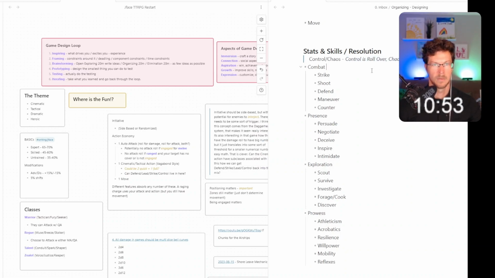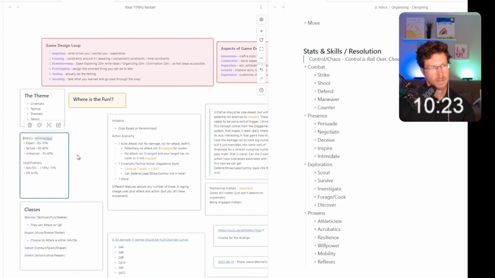And then we'll say that each of these just starts at 10. It's fine. This doesn't feel inspirational or good at the moment, I'm not gonna lie, but we'll say every one of these stats is a 10 to begin with. Like you're just kind of... But what does that mean? That means that you're never untrained, right? I guess that means you're only untrained. It means that you're only untrained